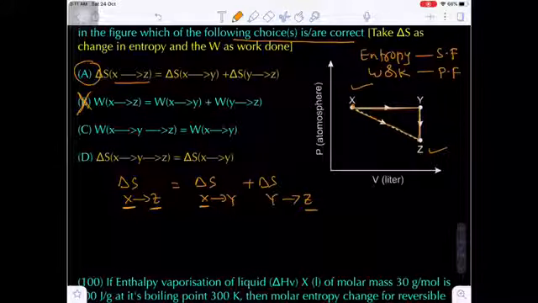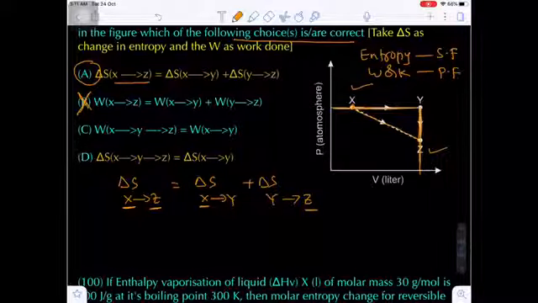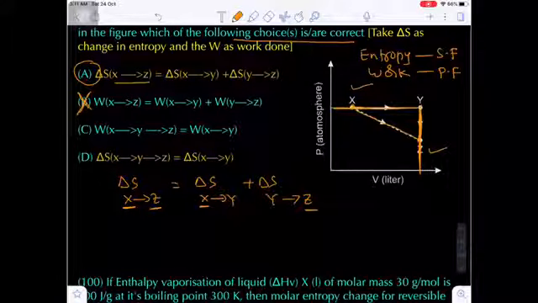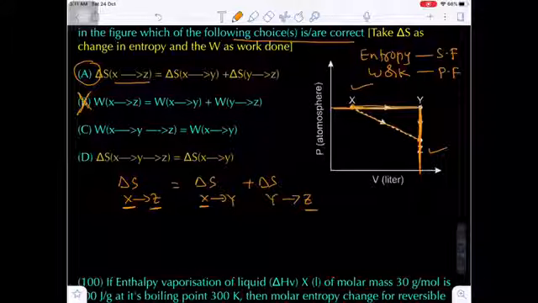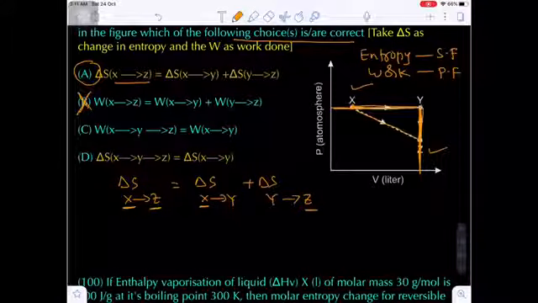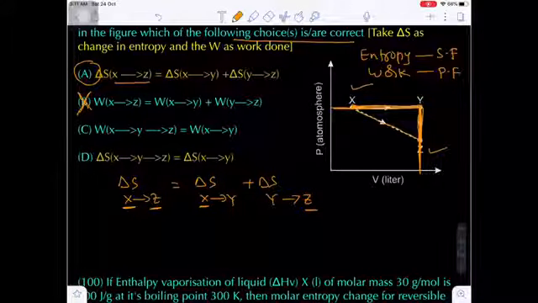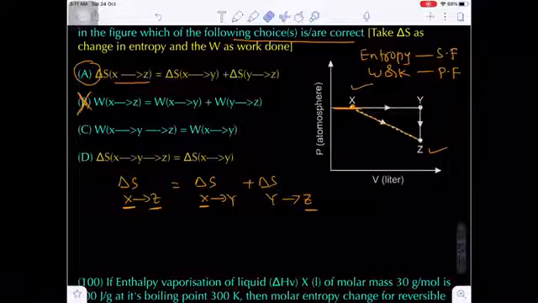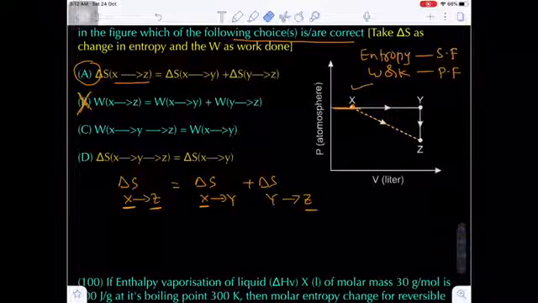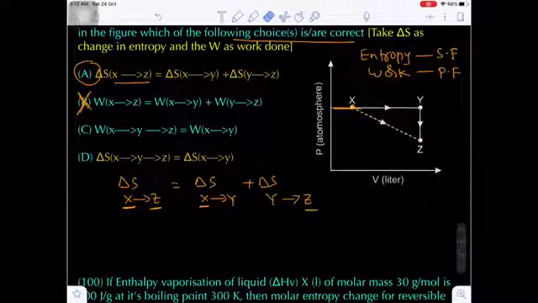Now you see, along the path XY there is work done because it is an isobaric process. Whatever the work done along YZ is 0. Are you getting my point? Along XY the value is maximum and along YZ it is 0. So whatever the work done along XYZ is indirectly X to Y only, because along the path Y to Z there is no work done, since that will be an isochoric process.